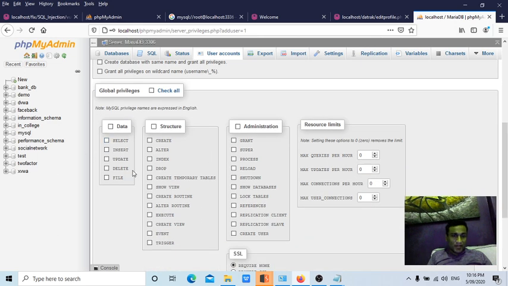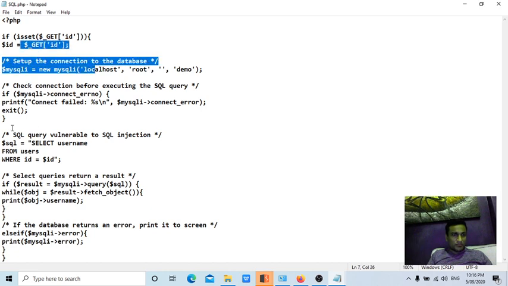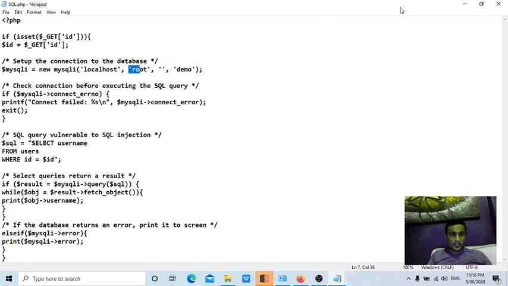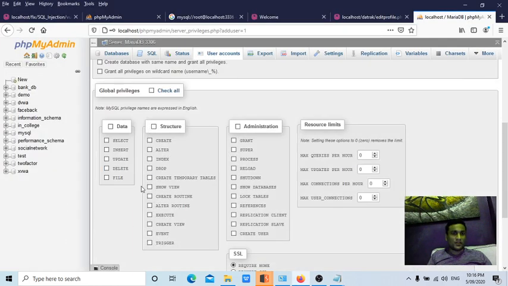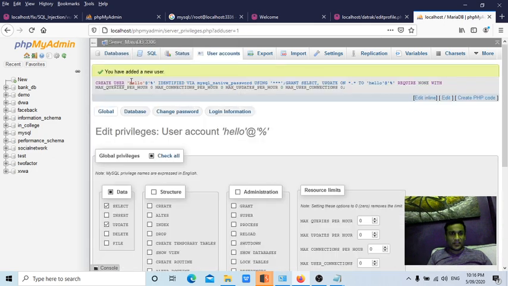So let's say on this particular page, what query are we forming, guys? Only a select query, right, for this root user. But the root user by default has all the privileges, and I don't want to give all the dangerous privileges to him. So what I can do is I can only click on select, create, update, not even delete. File is also not required. So now a database user is created with the hello username.